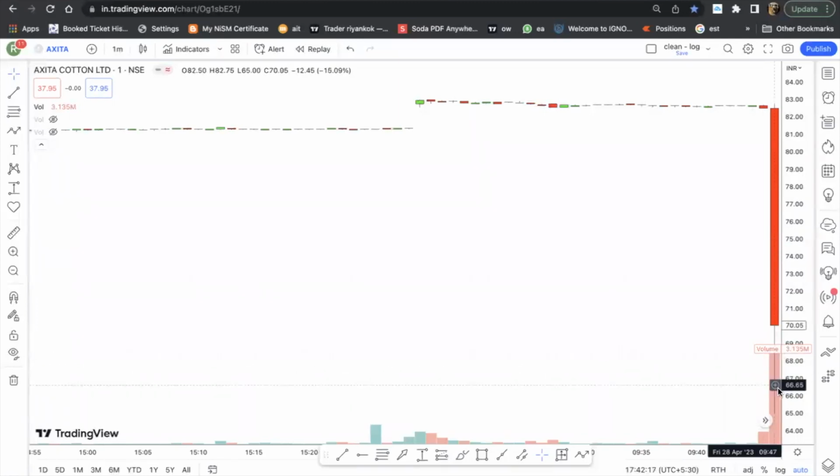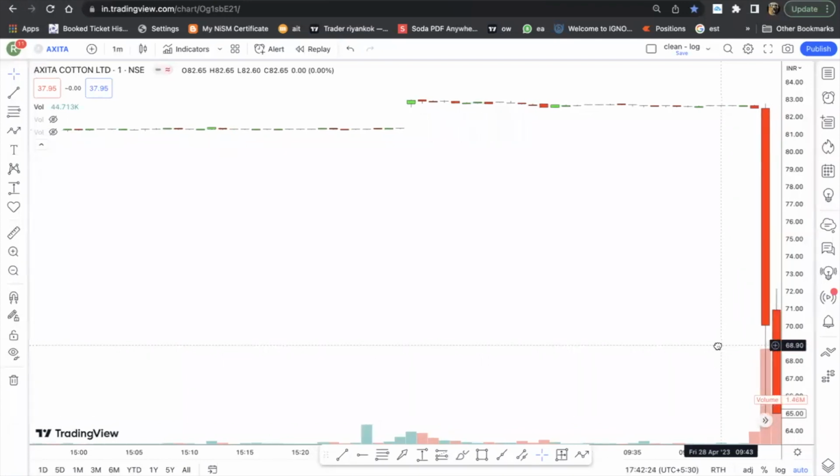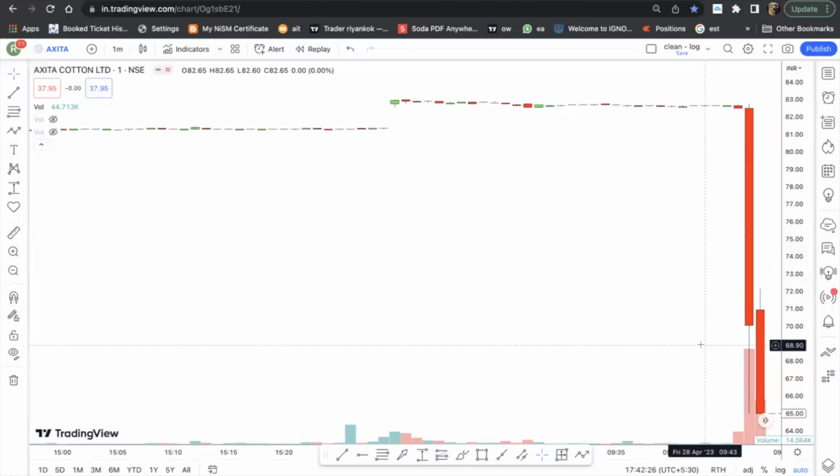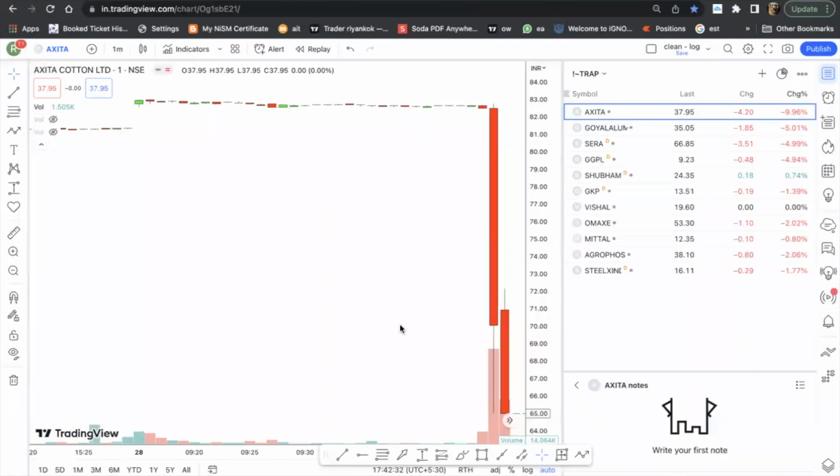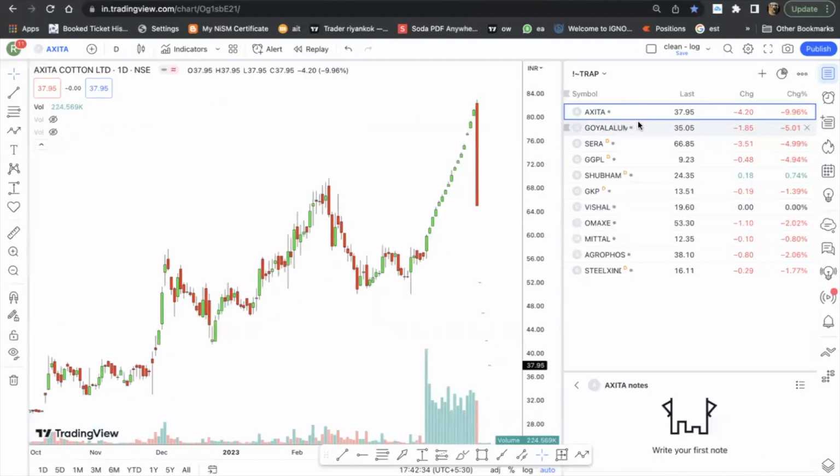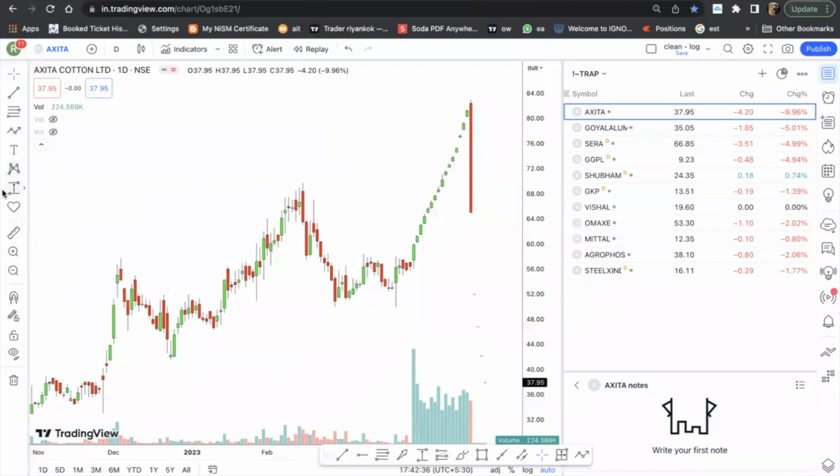And the volume will be 31 lakh. Volume will be very high. Okay, because the operator is dumping his quantity. Then another candle will follow, and then the stock will hit the lower circuit. So in just 2 minutes, the stock will hit the 20% lower circuit. Okay, let me take you through a few more examples and show you what was happening. By the way, Akshita Cotton is now from 82 to almost 37, and the run up had started from 57. So it's at 37, and I am very confident that this will come to single digit.